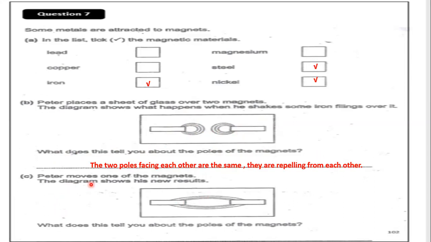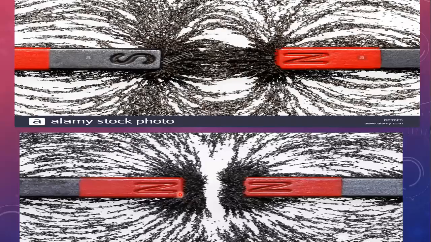The next one, Peter moves one of the magnets. So most probably he flipped one of the magnets. The diagram shows his new results. When he flipped one of the magnets, this happened. The iron filings got attracted to both of them, like they are doing a wave between the 2 bars. What does that tell you about the poles of the magnets? It's very obvious that the poles facing each other are different, so this will make them get attracted to each other. For those who did not understand this, I have this picture that will show you